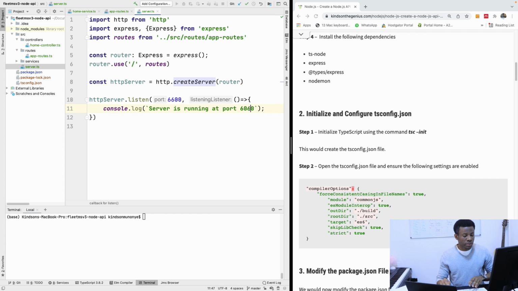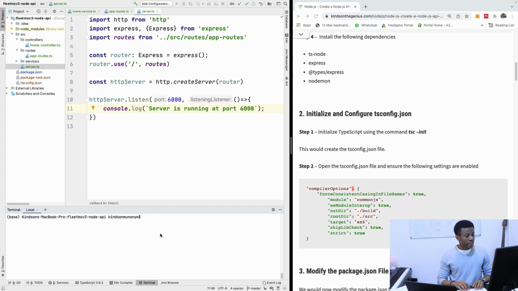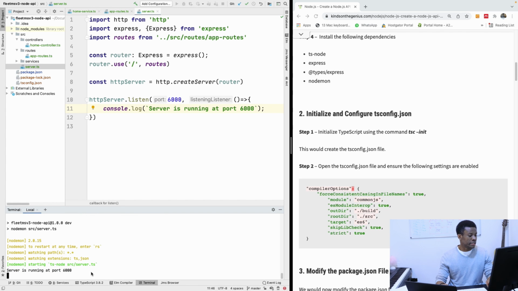6600. So this port is optional. I mean, not optional. The port number, you can actually choose it yourself. Any free port is okay. For instance, I can just change it to 6000, and that is still fine. And yeah, so there is the content of this server.ts file. So what I'm going to do now is save everything, and I'm going to do npm run dev, and it says the application is running at port